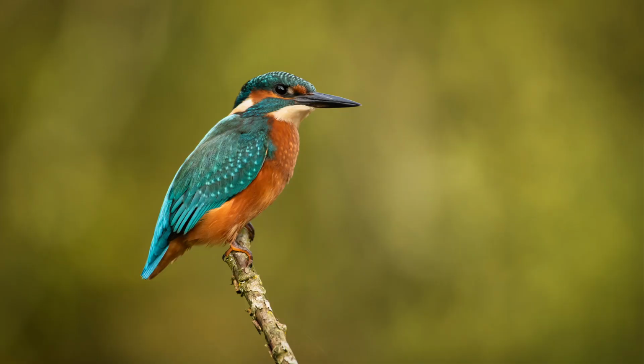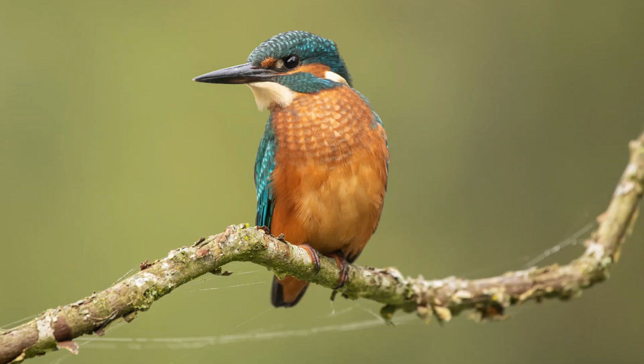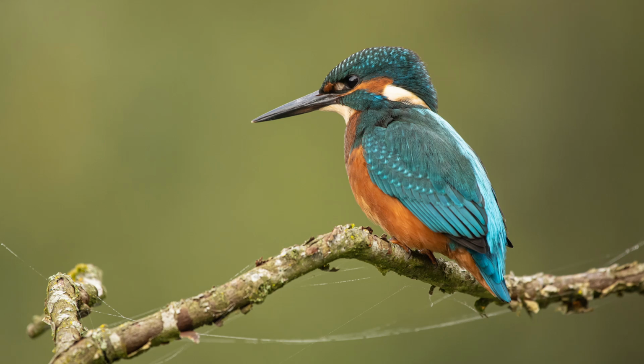Now, kingfishers become sexually mature at 1 year old. They'll pair up in the autumn but will retain separate territories until the spring, when courtship will begin. The male will approach the female with a fish in its beak. The fish will be facing outwards and he'll attempt to feed the female. If he's unsuccessful, he'll simply eat the fish, but he'll repeat this process until he's successful and mating can